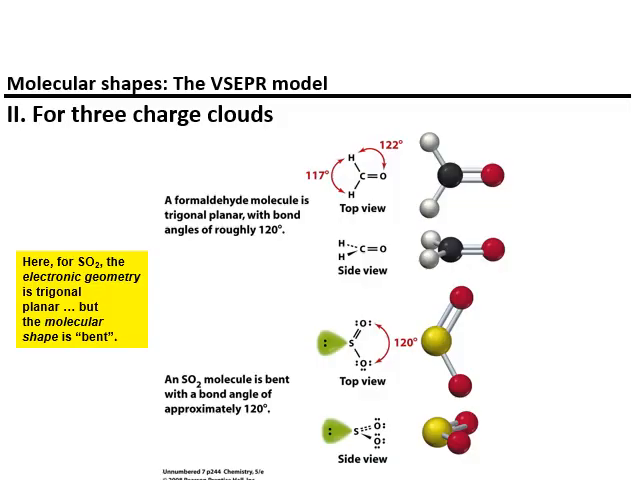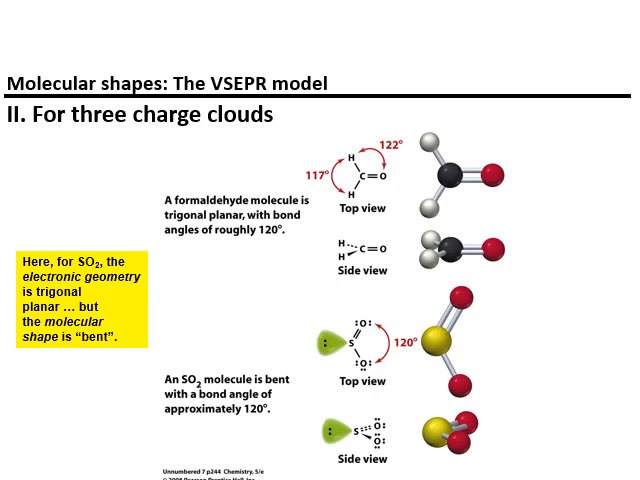All right, so for 3 charge clouds, we have trigonal planar, and that's for both electronic geometry and also molecular shape in the top one there. The reason is because there's an atom in all 3 locations. Now come to the bottom, and you see that for the thing at the bottom there, which is SO2,